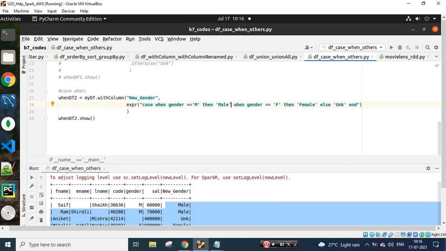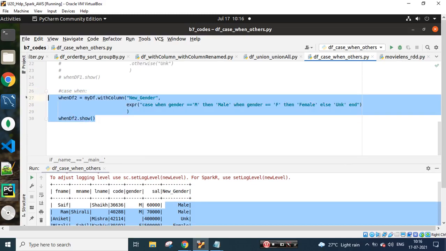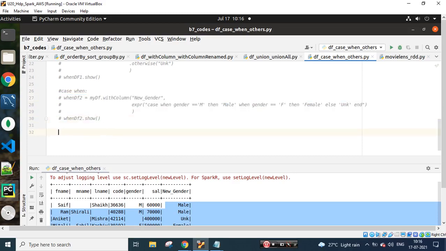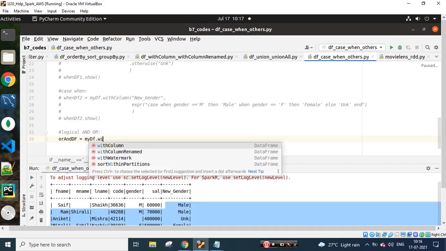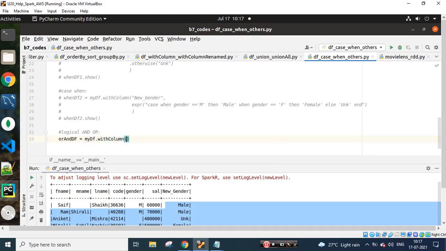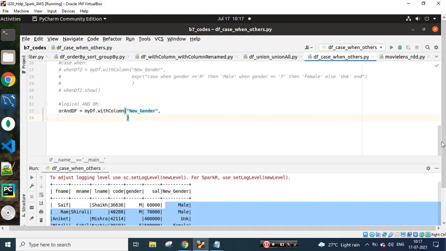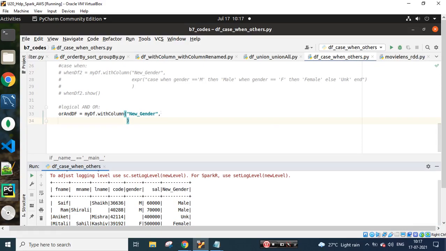So case when you can write like this, and again there are some logical operators. Let's say I want to use some logical operators like and, or, which we all know. So let's say or and data frame, the data frame name is nothing but my data frame, and I'm just trying to apply a withColumn on top of that. The new column which I'm trying to derive is new gender. Here you can write the same thing we were writing a little while earlier, but I can write multiple statements if I want to build them. So let's say when